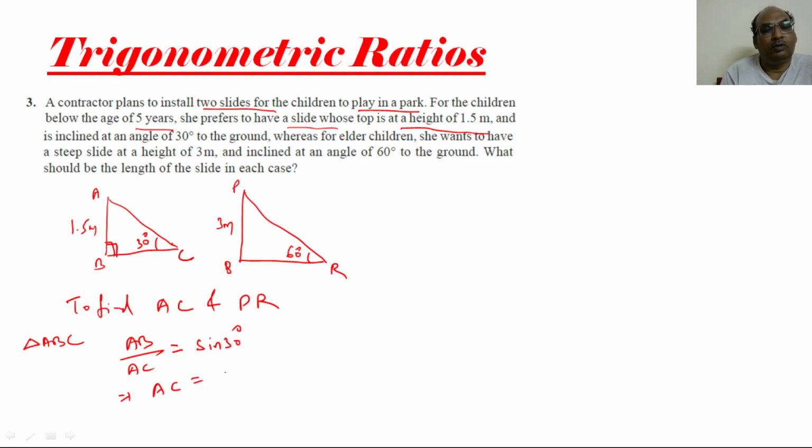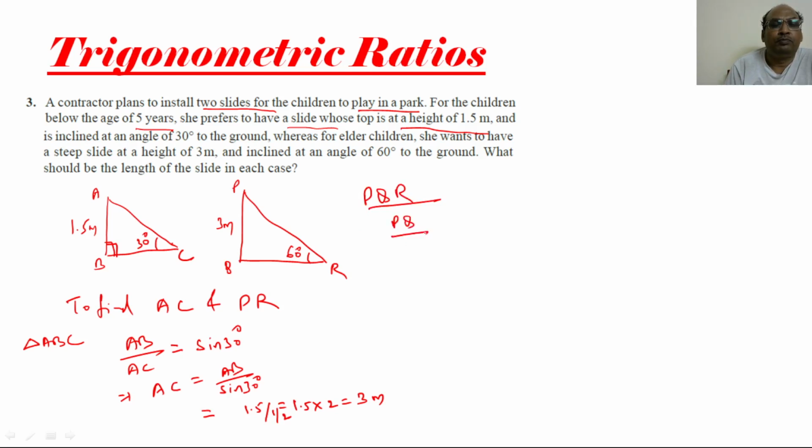So AC is equal to AB by sine 30 degree. It will give us AB as 1.5 by 1 by 2, and this is 1.5 into 2 is equal to 3 meter. Right. Now here in PQR, PQ by PR is equal to sine 60 degree. So PR